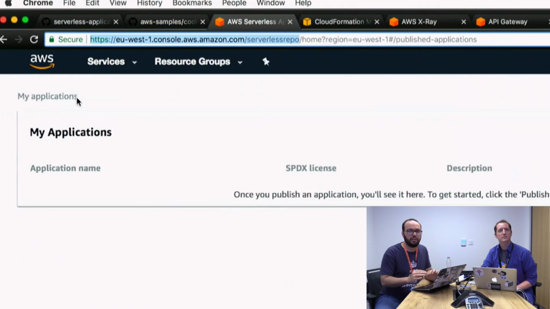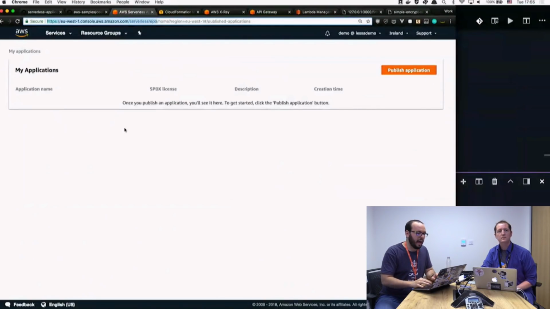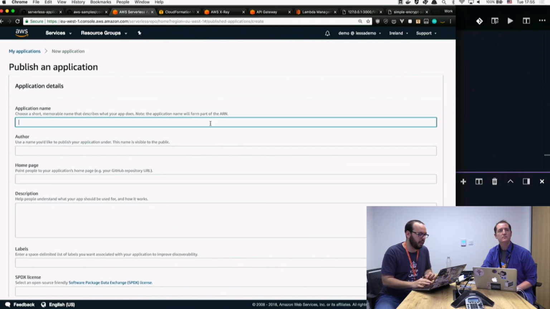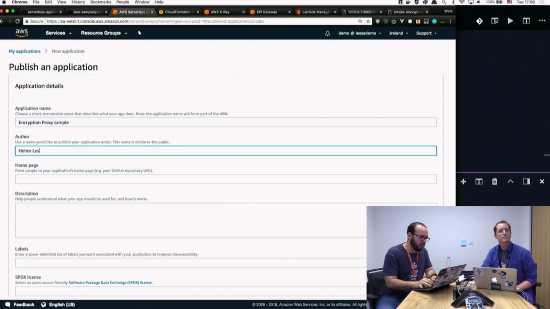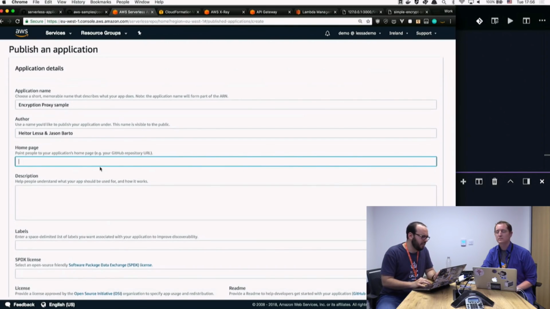We will go to the documentation in a minute. This will tell me how I want to publish an application. So I would go here to publish an application. I could say encryption proxy sample. Of course, I will do some tidy up afterwards and publish them. So I could say Heitor Lessa and Jason Barto. Sadly, we don't have any web page. So maybe we just say